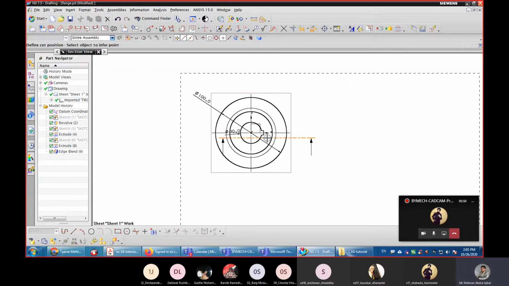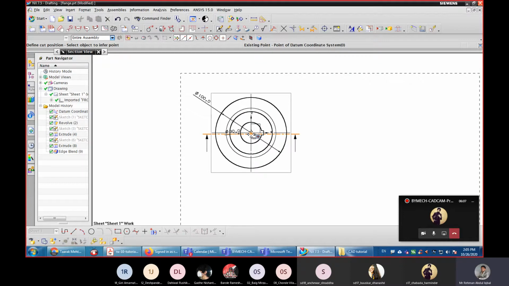Just click it, and after that you can read define cut position. Okay, means this line with arrows is nothing but the section plane, top view of this plane.